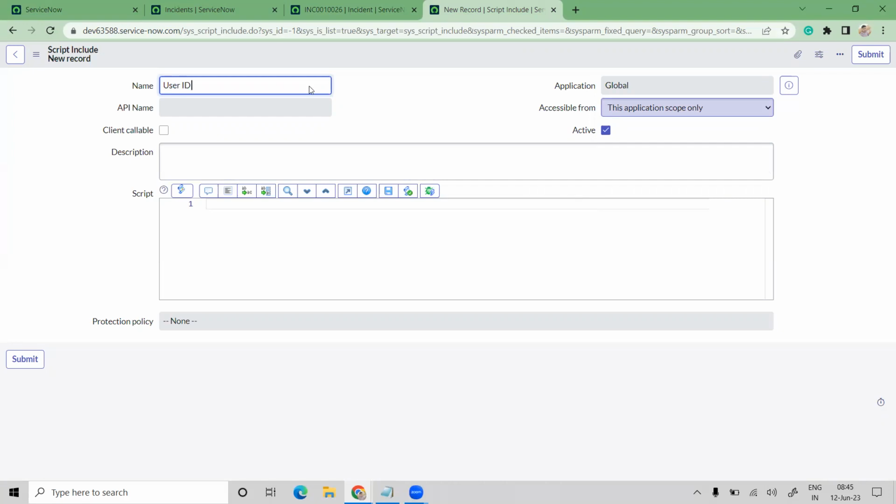So this should not be there. The space should not be there. If you want to make any space, you can use special characters like underscore or anything. Make sure you're not giving spaces between word to word. As of now, if I give a user ID, you see automatically I got an API name